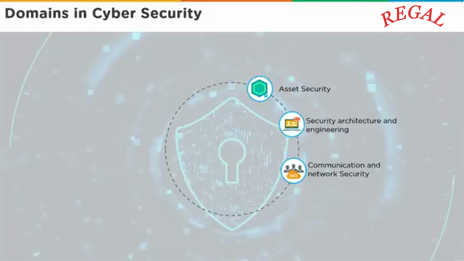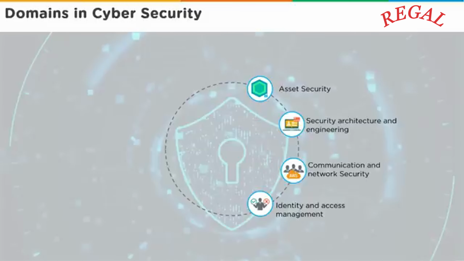Communication and network security. With cloud computing coming in and hybrid clouds happening, where a physical infrastructure is talking to something on the cloud, let's say AWS or Microsoft Azure, and data flows happening globally these days, you have to be very careful how data is going to be transmitted across the network. Thus, you have to create those paths and ensure that they are monitored properly, regulated properly, and do not have any data leakages.